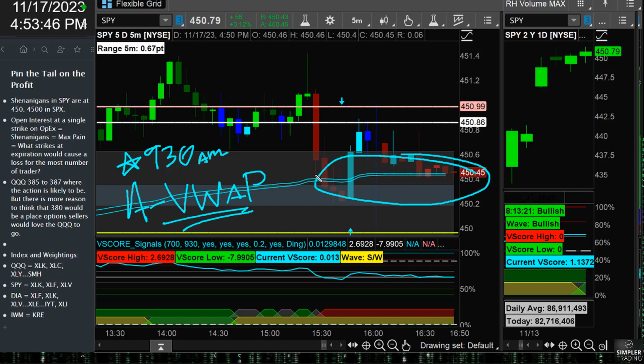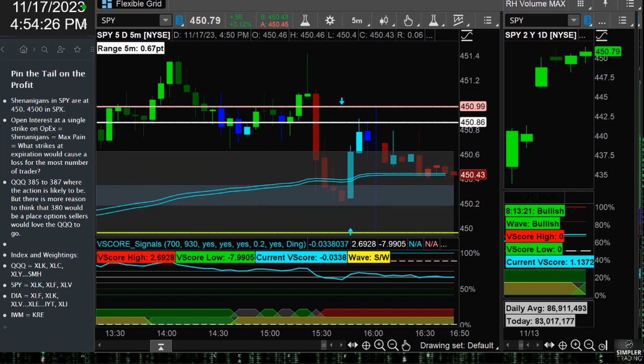Take a look here, gang. If I've already determined that I've got the open interest at 450, that's the gravitational pull, then that VWAP here just continues to support. If I know that liquidity in options is open interest, then liquidity on the actual SPY is volume based on time here. There's your 450 pin. Okay, that's the way we'll determine that zone.